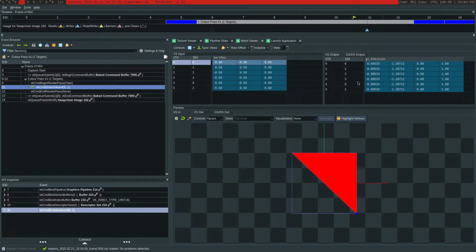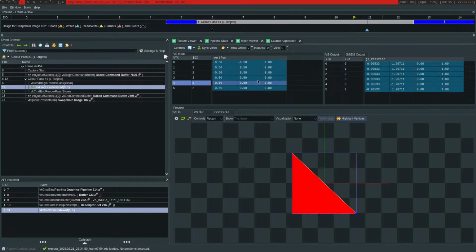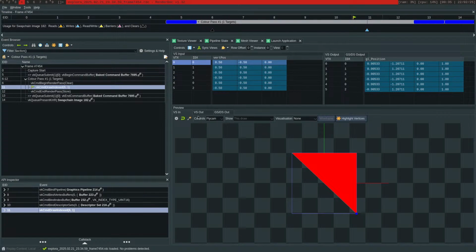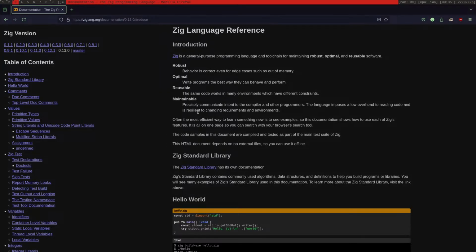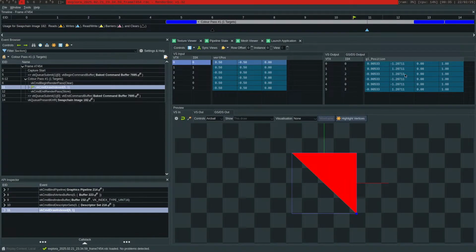Yeah, okay. So the problem was laying here in the fourth component